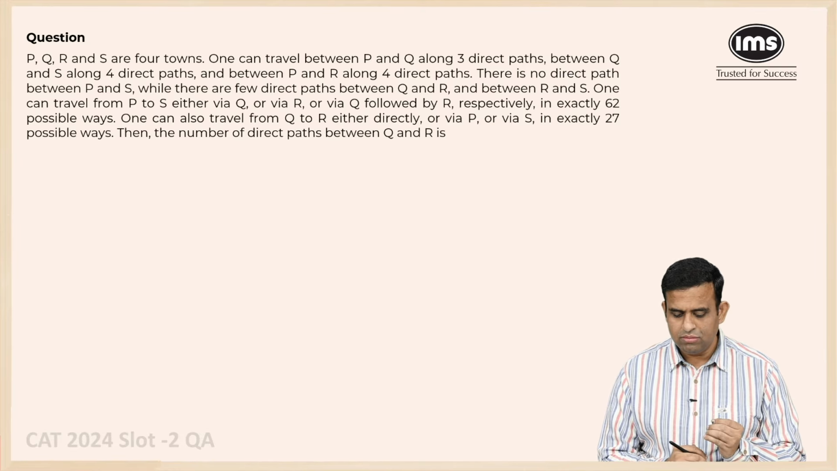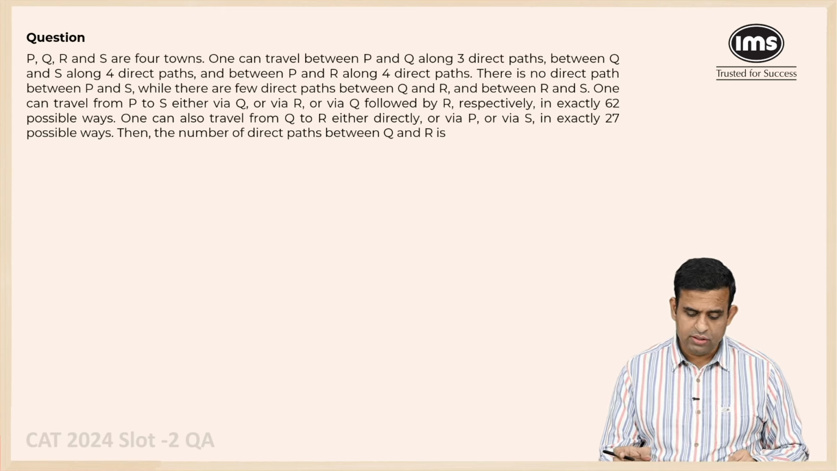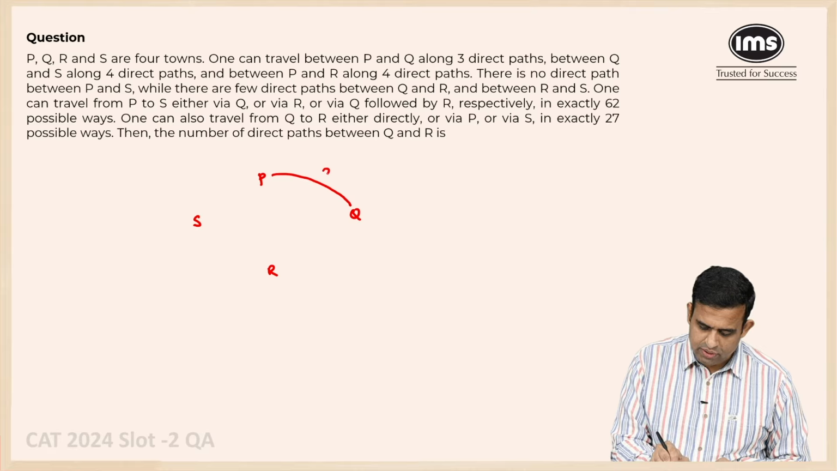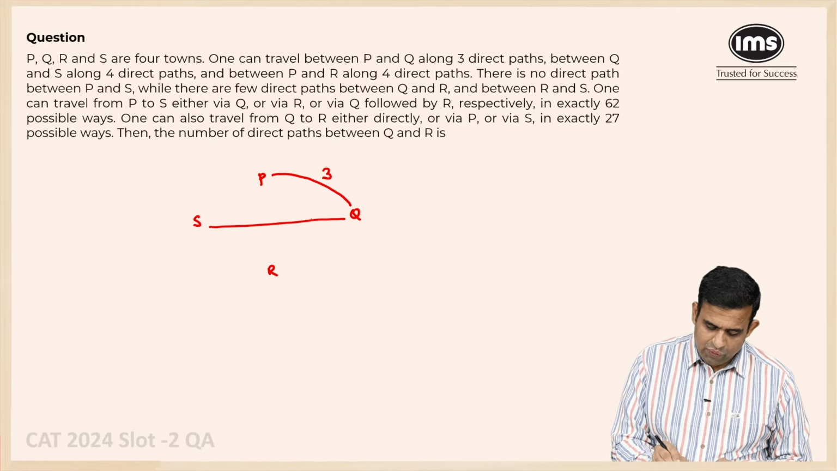One can travel between P and Q along the 3 direct paths, between Q and S along 4 direct paths. So what do we have? We have a structure like this. Let's call the points P, Q, R and S. So we have direct paths between P and Q, which are 3 in number, between Q and S, which are